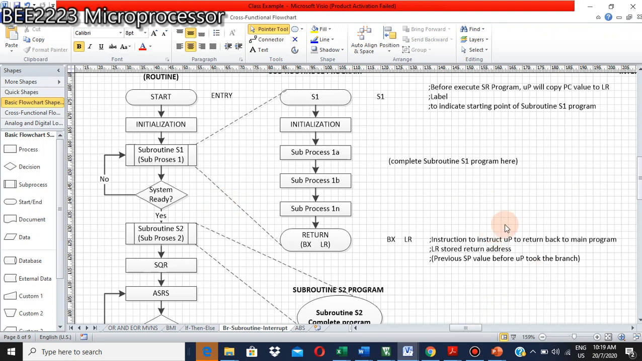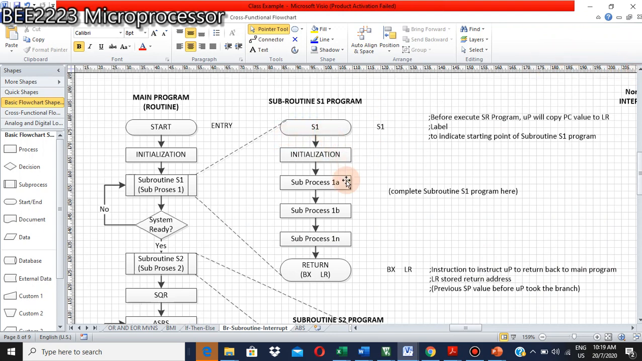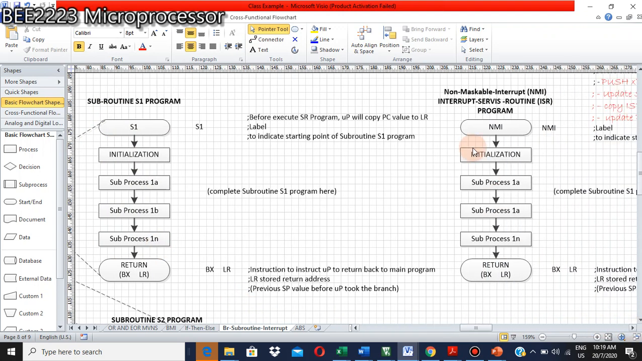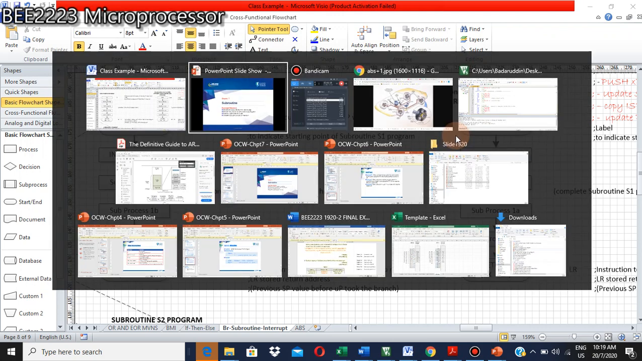Okay, for interrupt, it also has a program like this. But this one we call the subroutine program. For interrupt, we call it an interrupt service routine program, ISR program. When an interrupt is called by the system, the microP will start to execute this interrupt. Okay, for your information,